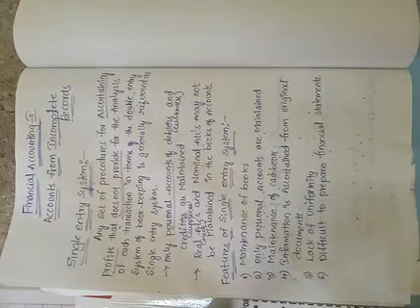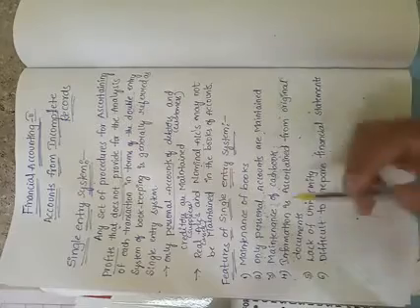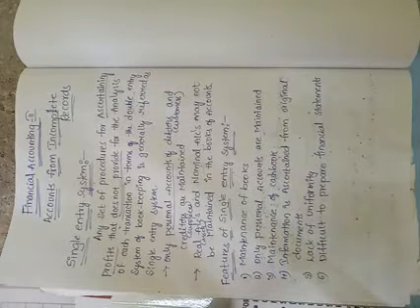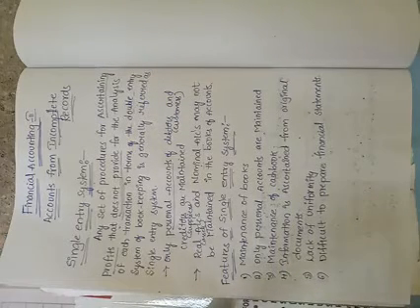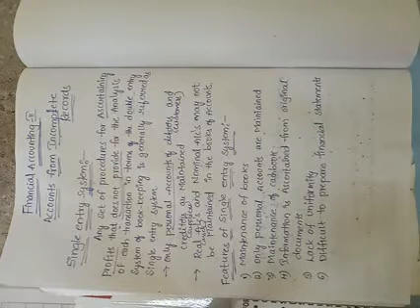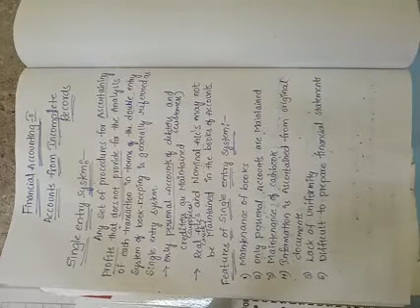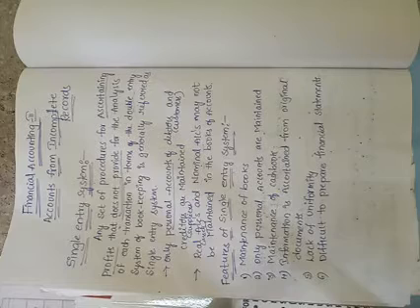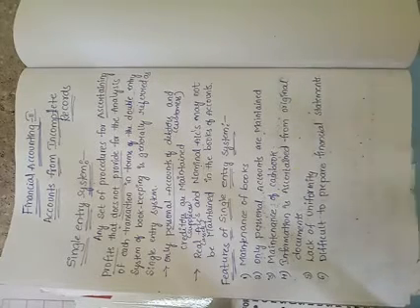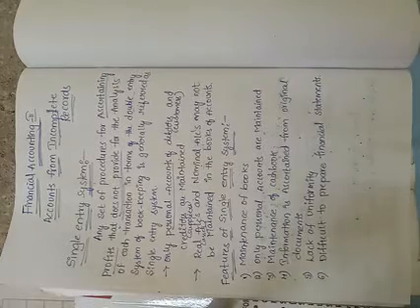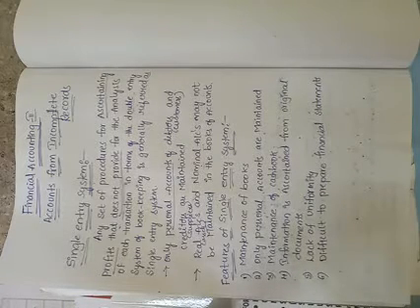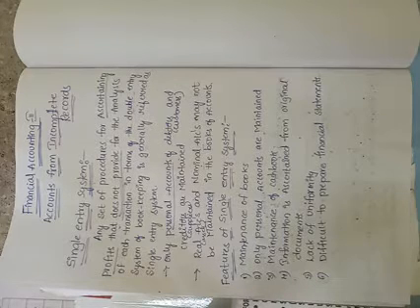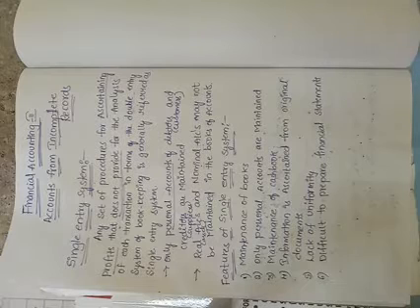These are the features of single entry system. Now we will discuss them. First feature is maintenance of books. Maintenance of books means small business organizations maintain their accounts under this system. So mainly the single entry system is maintained by small business organizations, and large business organizations will definitely follow the double entry system.